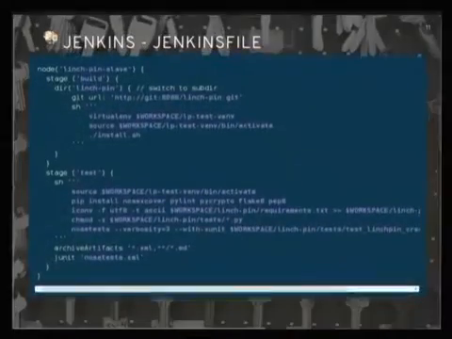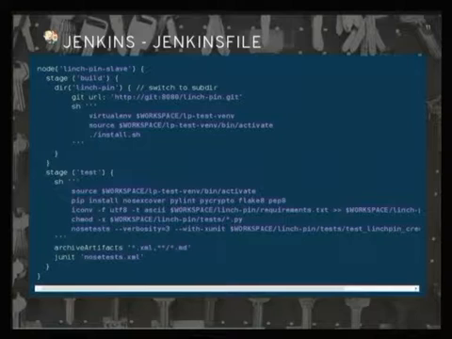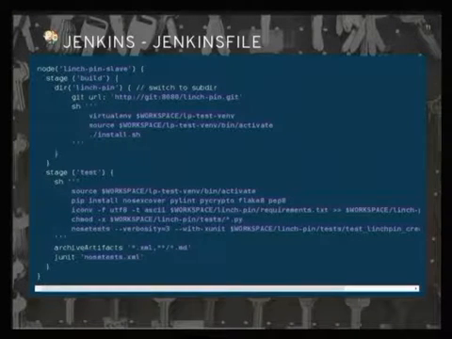This is basically what a Jenkins file looks like. In this case, I'm running on a node, that Jenkins slave. I have these two different stages, a build and a test. I'm setting up a virtual environment in the first stage, and I'm pulling from that local Git repository that's already in my OpenShift environment. And in the second stage, I'm doing testing, and I'm just doing a basic nose test